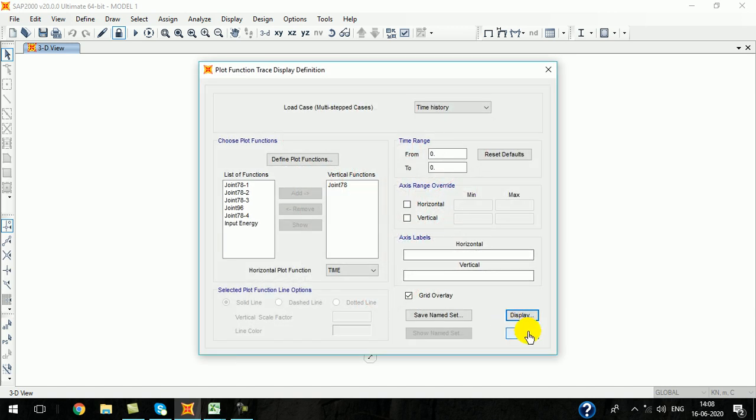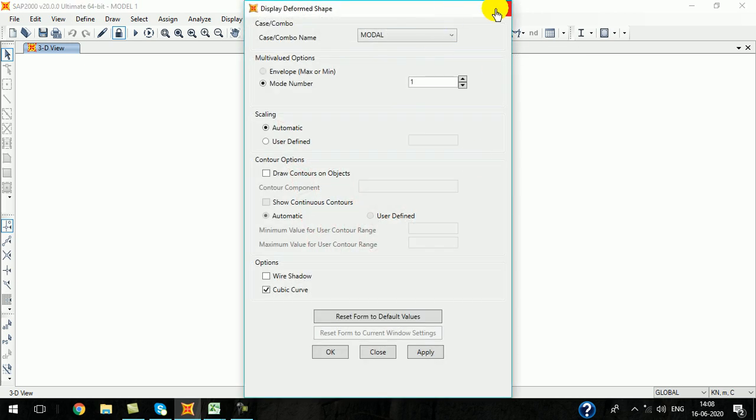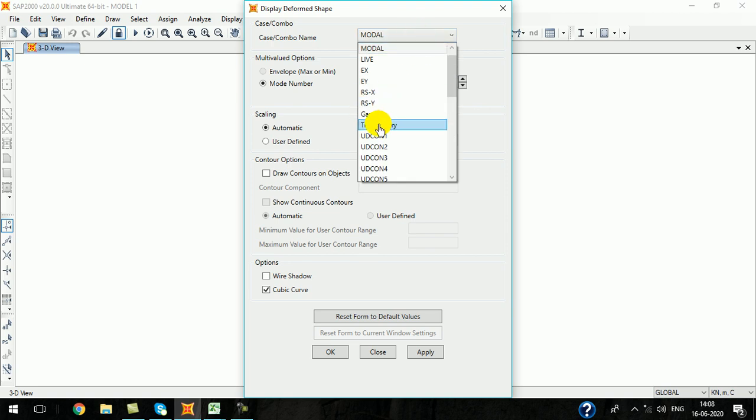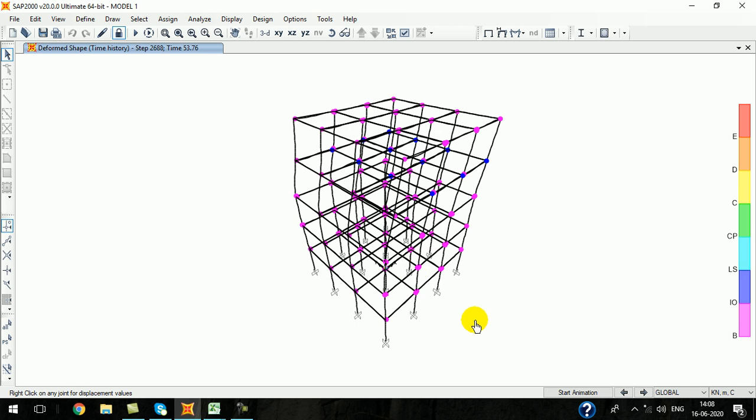This is another way. And another one, how to view the hinges. Okay, so at the end of the ground motion, what is the behavior of the building frame, that only we need to check. So for that select the time history, and at the end of the ground motion, I don't know what the total duration of the ground motion is, so I just give 100 seconds, but the program will automatically display for the end of the ground motion only. So click OK. See here,